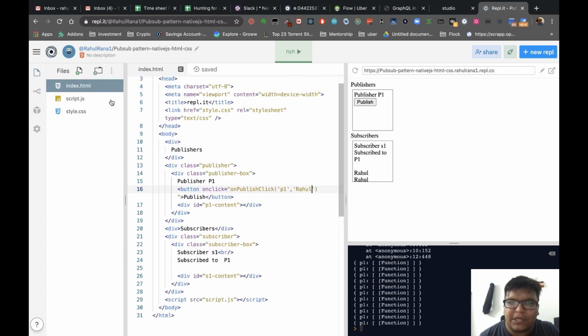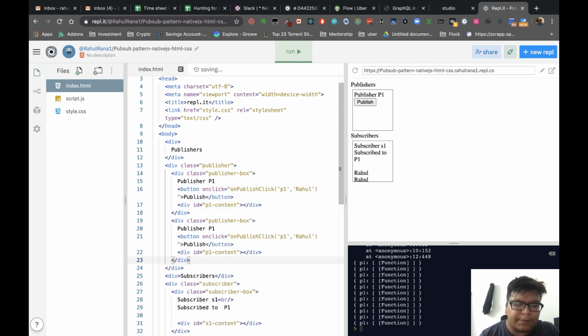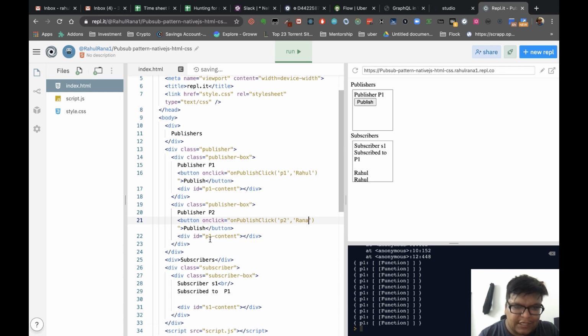Now there's something interesting we can do. Let's assume two publishers, publisher P2 we will call Rana, so this is P2 content.